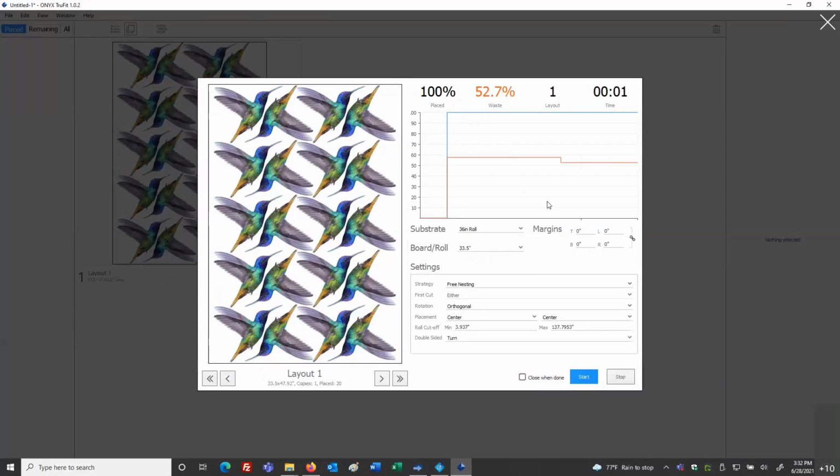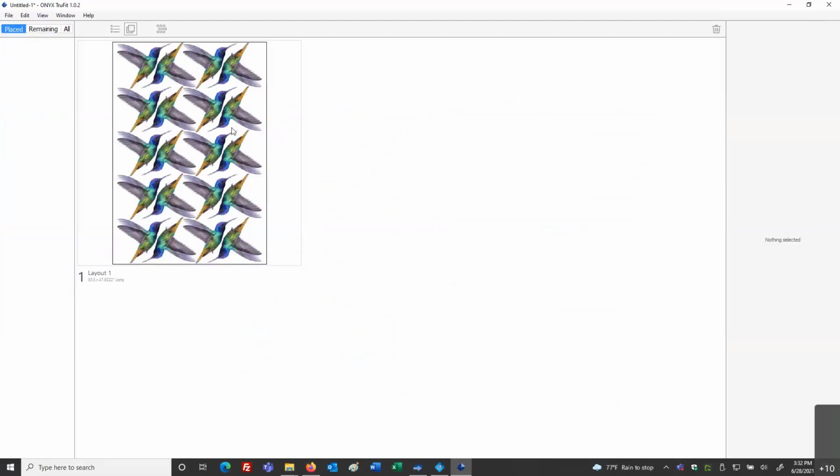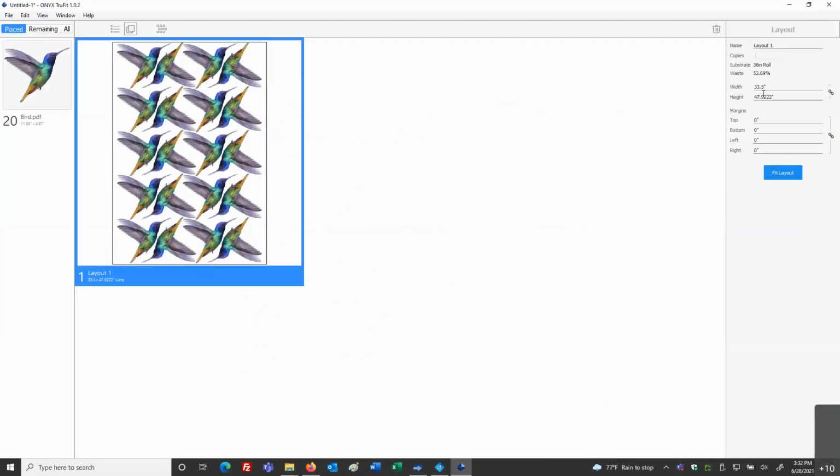And again, once the calculations are finalized, it's doing all the math, if you will, to get the most out of the material, the most out of the nest. It's going to stop flowing. These bars that are calculating stop flowing. We can close this out, select that layout, and fit that layout. Again, that's going to optimize whatever size that came to compared to our 36-inch roll. So I've got a 52%, 49%.